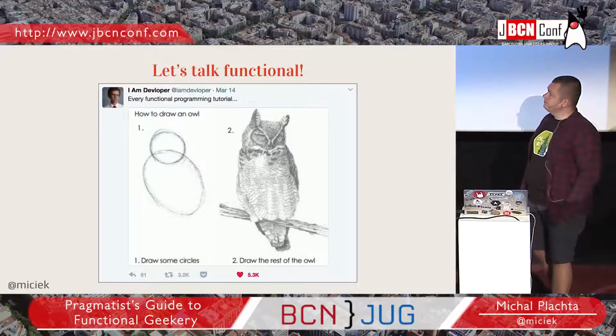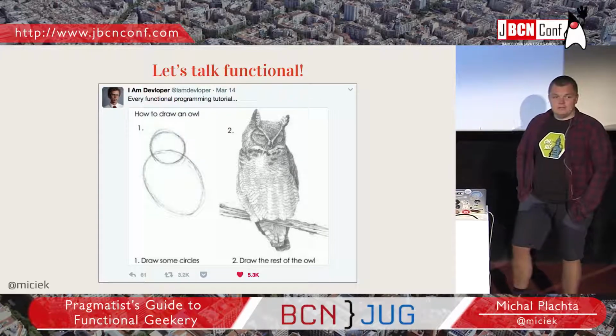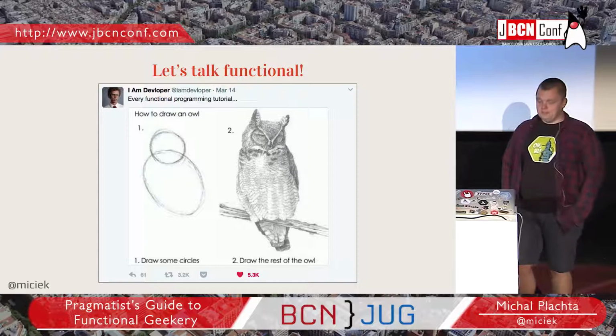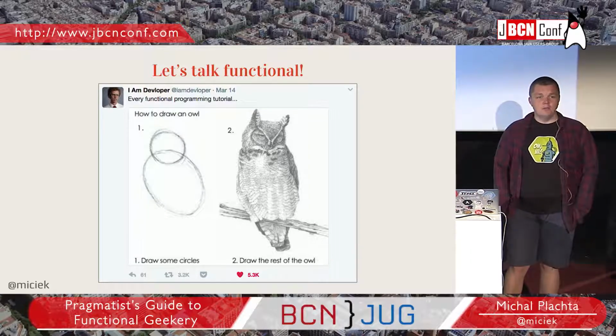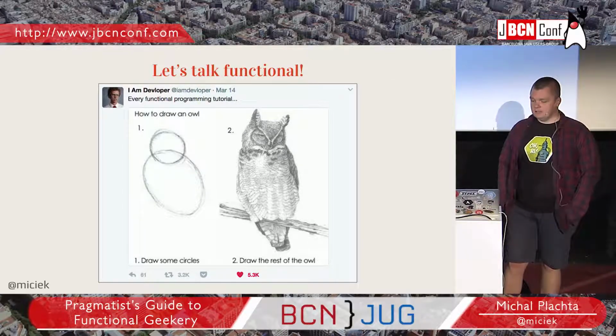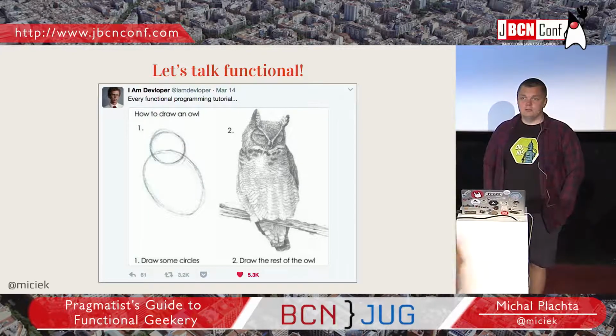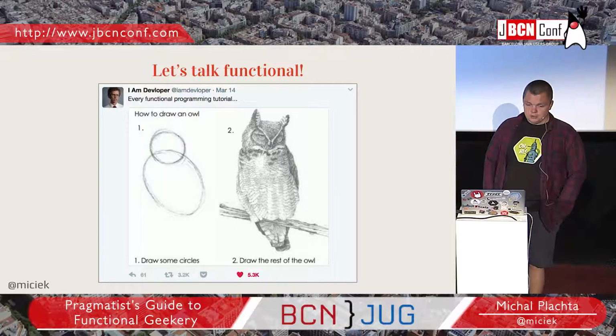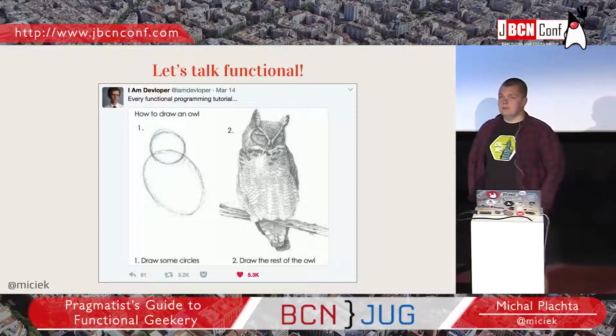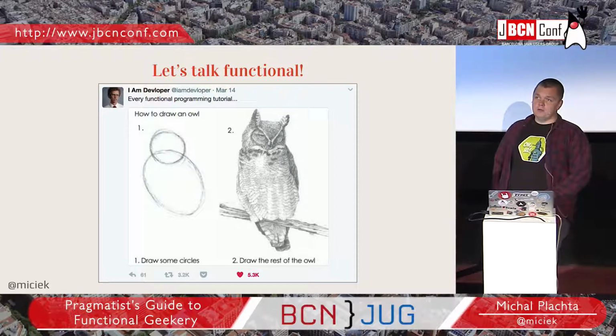And I will be honest, this is a talk about functional programming, but I don't want to show you any math here, and I don't want to explain why a monad is a monoid in the category of endofunctors. I don't want to convince you that functional programming is cool either. What I want to show you is some practical and applicable examples so that you can include functional programming in